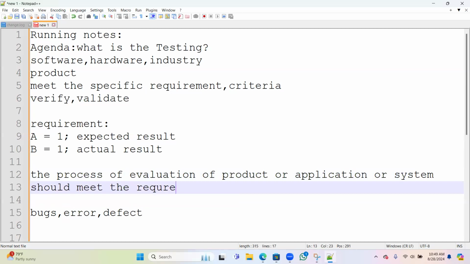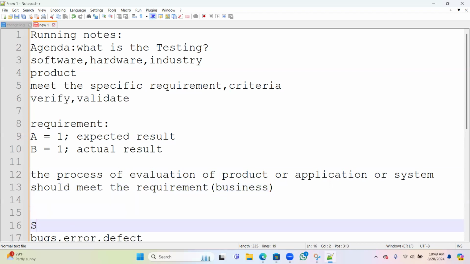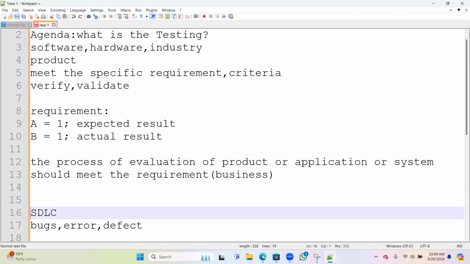What is a requirement? A requirement is something given by the business. In the SDLC class we'll discuss this deeply: requirements gathering and analysis, and how we do the coding and testing. Everything we'll see over there.